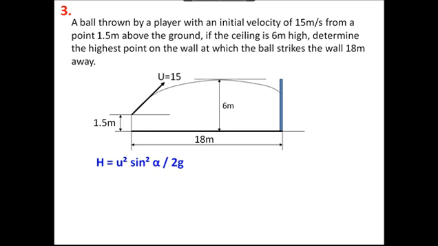So if I use h equal to u square sine square alpha by 2g, and here I substitute h, but one must note that h I have not put 6, but I have put 4.5, which comes if I subtract 1.5 from 6. And why do I do that? Because even this equation, when it was derived, it was assumed that the point of projection is origin. So here the origin is 1.5 meter above ground, and from there we measure y, or the maximum height of the